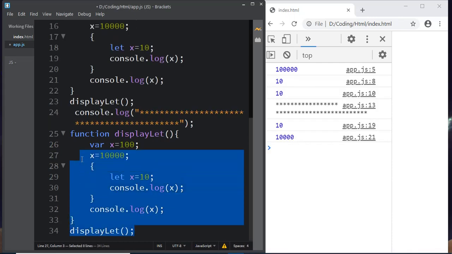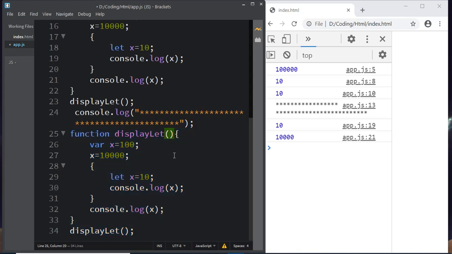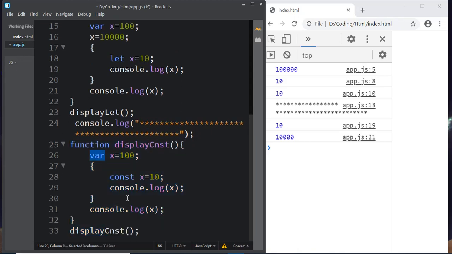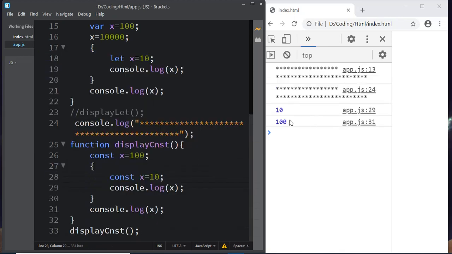Now we write the same function to see what const is and how it will behave. Instead of let, instead of var, I use const. You can see now 10,000. Const also behaves almost the same as let. In case of block scope, you can see it doesn't affect the outside variable. Constant, as its name suggests, we use whenever the value we are going to assign to the variable is constant and will not be reassigned. So in case of block scope, it behaves the same as let.